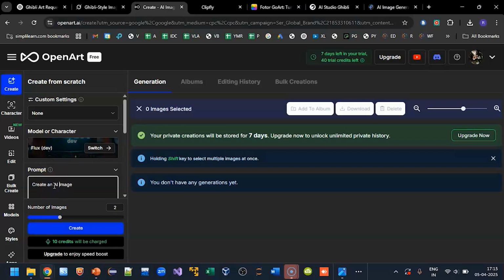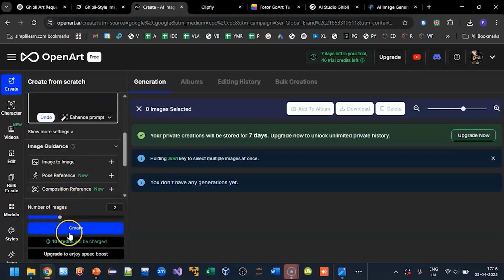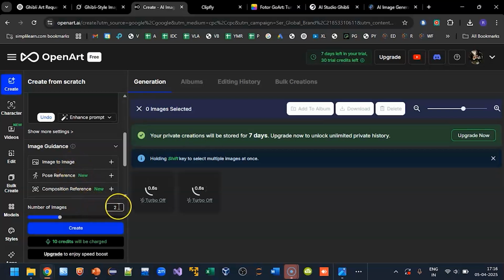Okay, let's try to write it this way. Create an AI generated Ghibli image of a plant or a flower. Flower pot will be better. Let's go with a rose flower pot and create. So this is where you just write a prompt and click on the create button, and OpenArt will create images